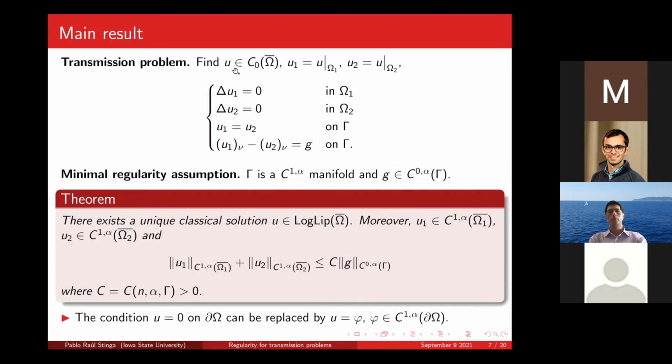Here, by the way, I put that U is 0 on the boundary of omega, but that's not a restriction, because you can put U equals phi on the boundary of omega. If you take a phi on the boundary and do the harmonic extension inside, and add it to U1 and U2, nothing will change, because they will still be harmonic, and the difference of the normal derivatives of a harmonic function, which is smooth, will be 0. So you get G plus 0.